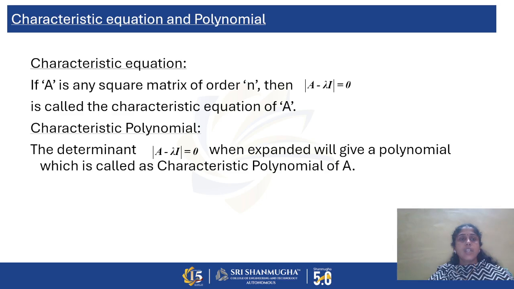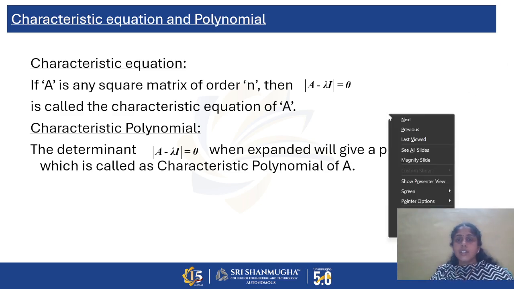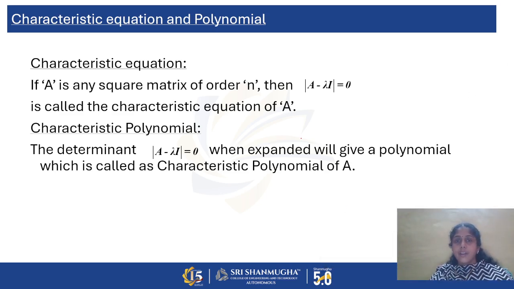eigenvectors. Characteristic equation. What do you mean by characteristic equation? When I am able to write determinant of A minus lambda I equal to 0, this is called the characteristic equation of capital A. Now, characteristic polynomial: when this determinant is expanded, it will give a polynomial which is called the characteristic polynomial of capital